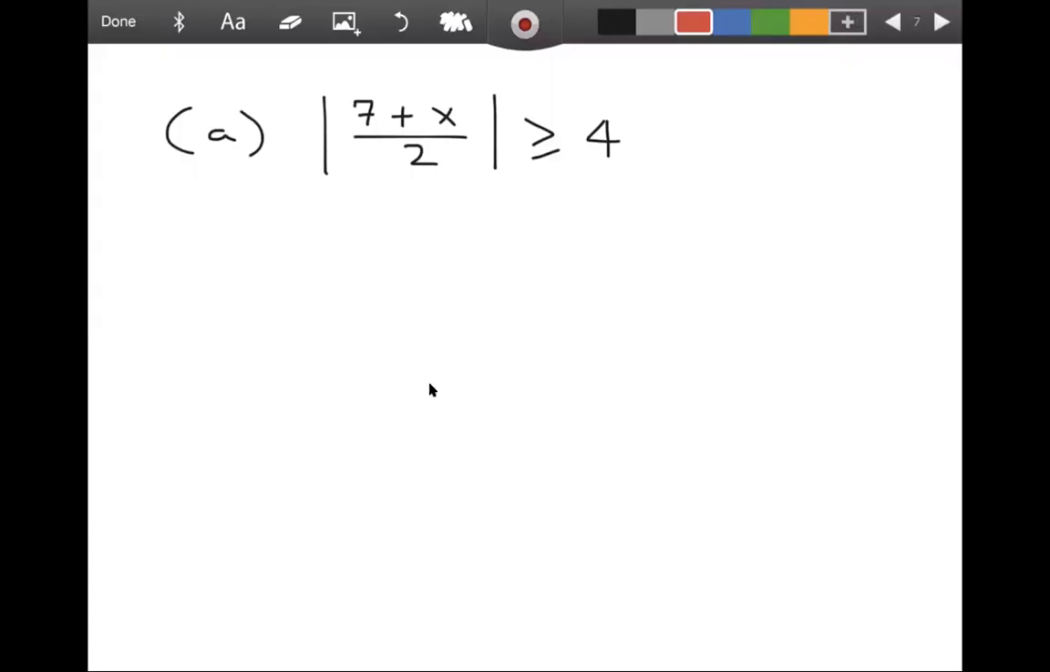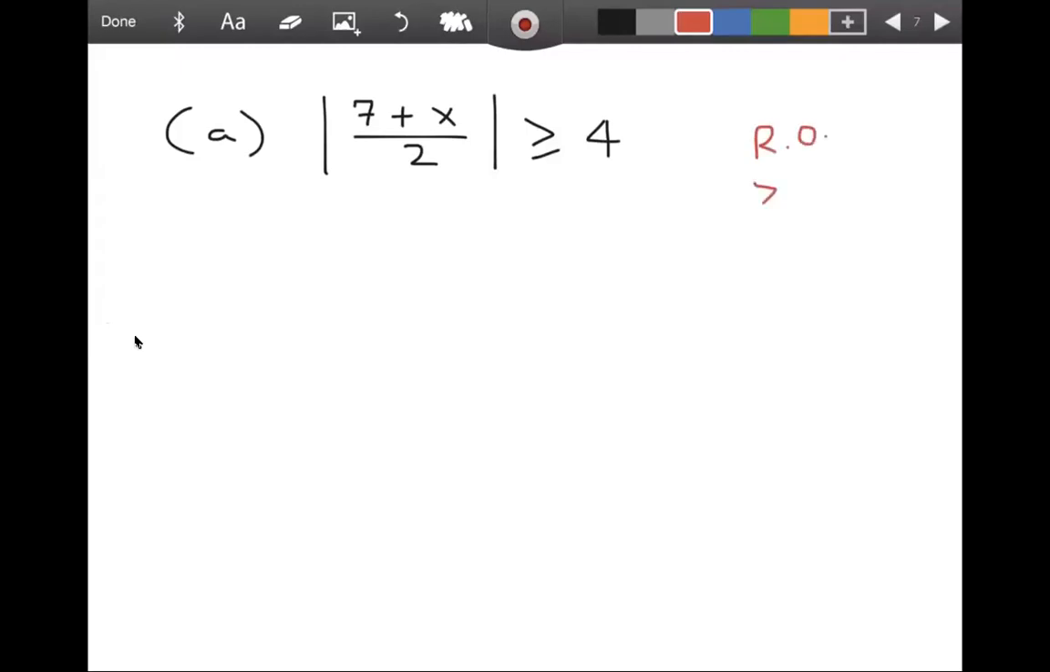All right, so here's the first one. The absolute value of 7 plus x divided by 2 is greater than or equal to 4. Notice that the absolute value is isolated and the number on the right-hand side is greater than 0, which brings us to the million-dollar question. Is this a restraining order or a house arrest? This one is a restraining order